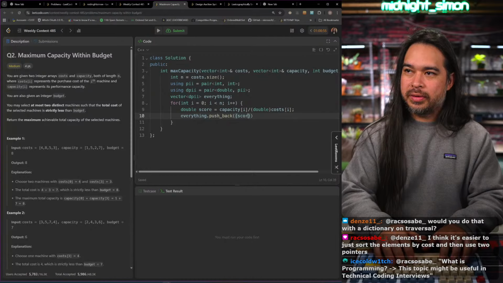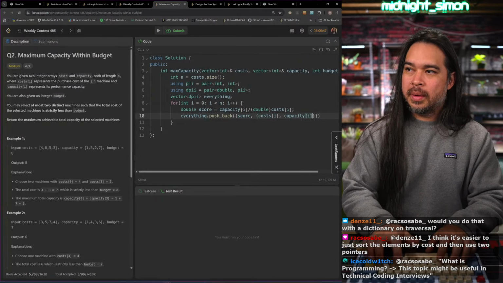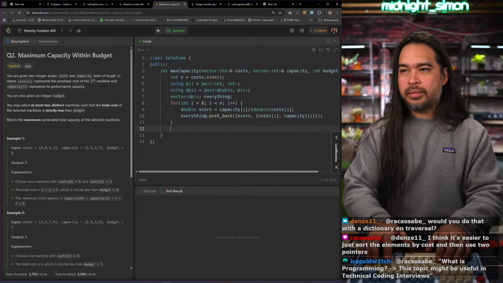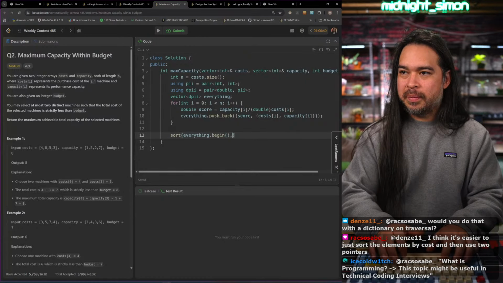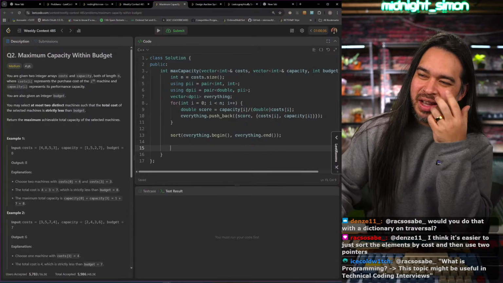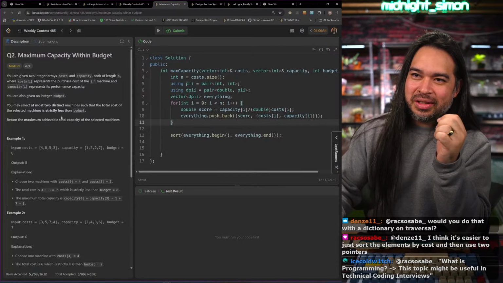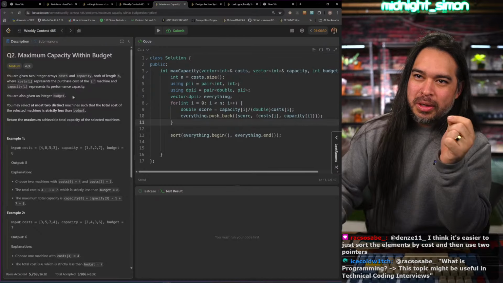So we're gonna put the score and then cost and capacity. And then maybe we sort everything. But man, I don't know, man. We can select up to 2 things. So maybe,